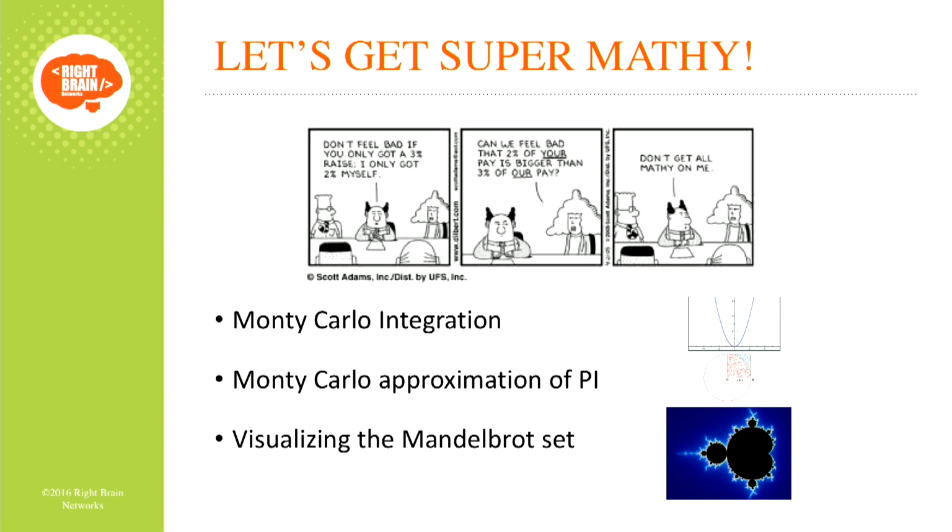Don't worry about stats. I was a math major. Stats was my least favorite math class. I'm going to avoid it if I can. We're going to do an approximation of the number pi. I'm sure everybody's heard of the number pi, using a Monte Carlo, and I'll talk about what that means in a sec. And the last thing is we're going to take a look at visualizing the Mandelbrot set using Lambda. These are the three problems that I decided to play with.